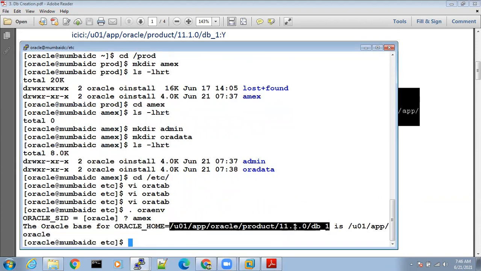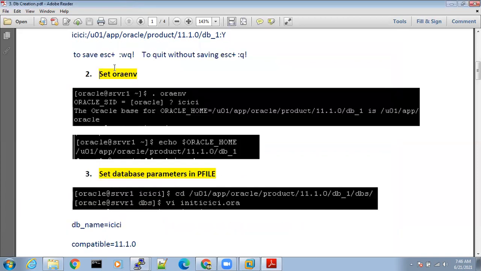From where is the Oracle home set? Because you have registered your database in oratab, it is reading from that line. When you give dot space oraenv MX, it is setting the Oracle home to /u01/app/oracle/product/11.1.0/db_1. Okay, so this step is completed, setting the environment.